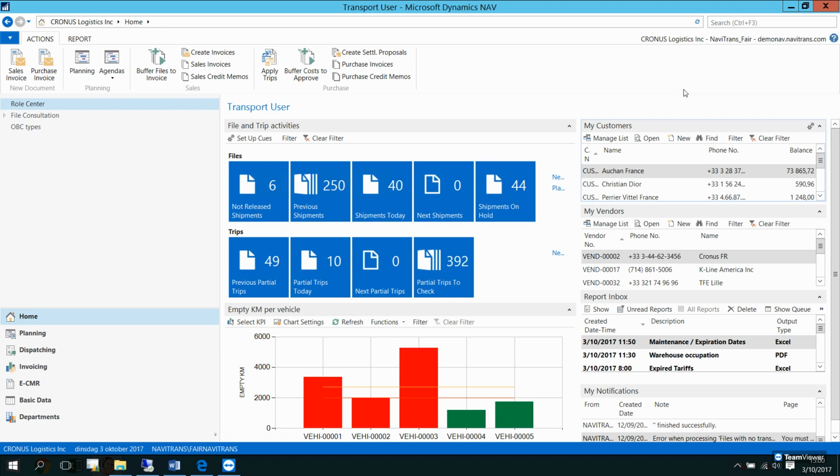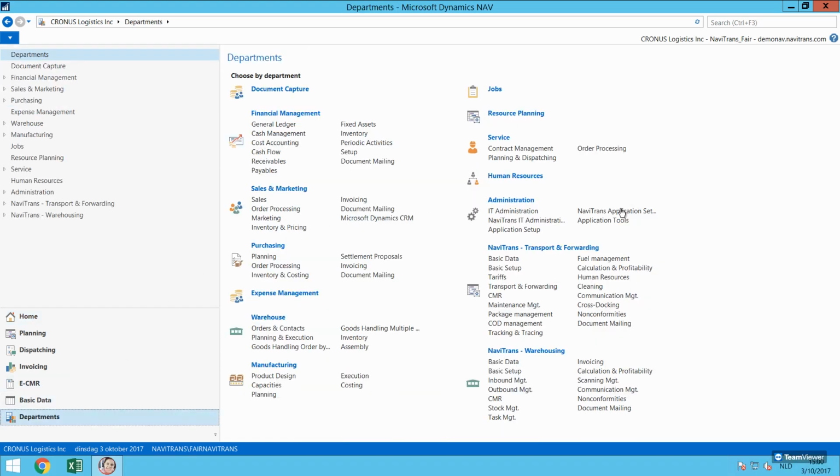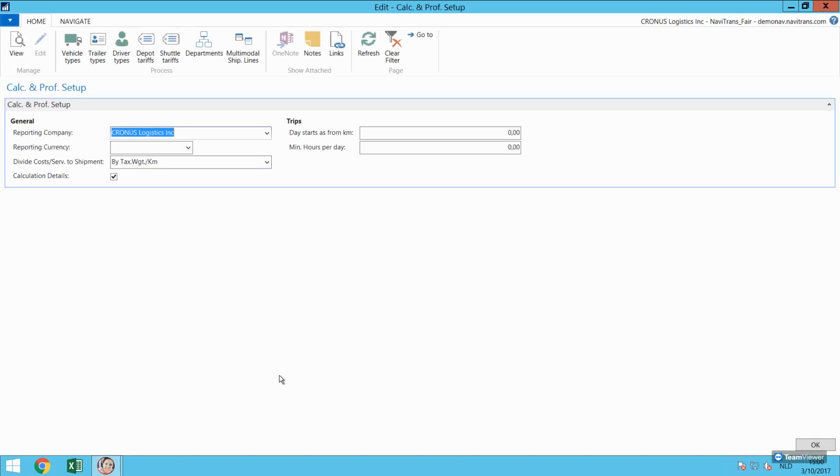As always, we have to first go to the setup part. So let's have a look. Departments and calculation of profitability. And then setup. The reporting company, it's company limited, so keep that in mind. The reporting currency is, in my case, as standard as euro. And then the main